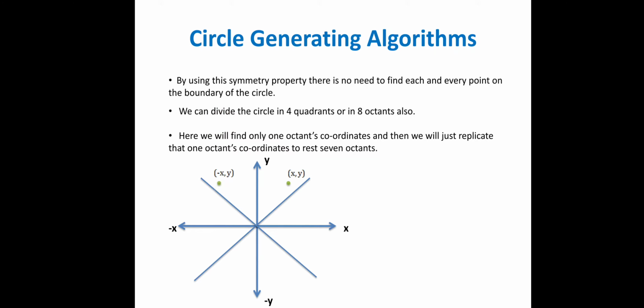This is the positive quadrant in which both values are positive, x comma y. Here only the x value is negative and the y value is positive, so it will become minus x, y. Whenever it is replicated on this side, in this quadrant both the values are minus, so it shows as minus x, minus y. And in the next quadrant x is positive and y is negative, right. So, x comma minus y. In this way the point is replicated in all the quadrants, right.